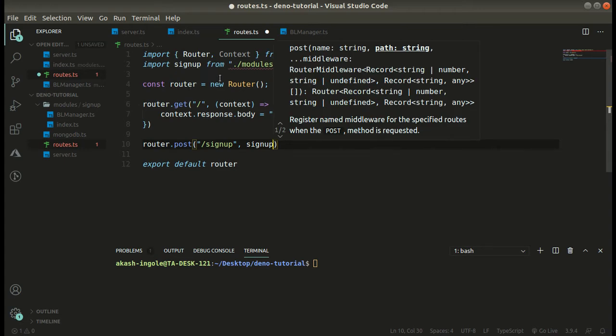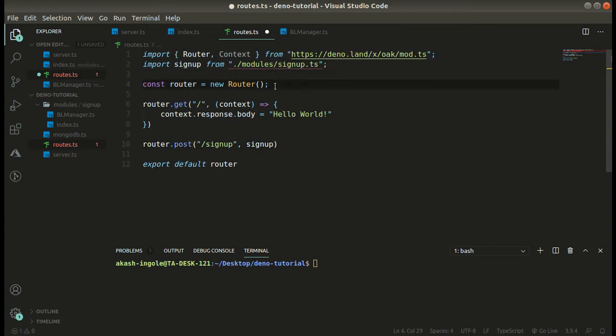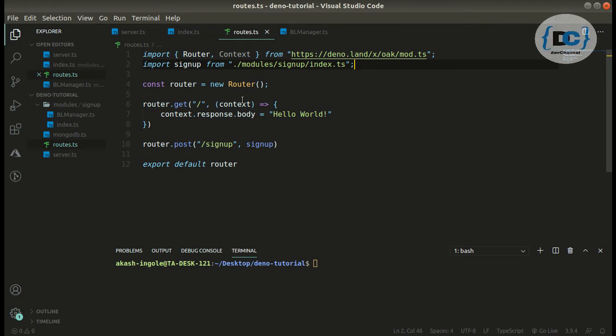So we have our sign up over here. It is not like this, it is like index.ts. So cool.